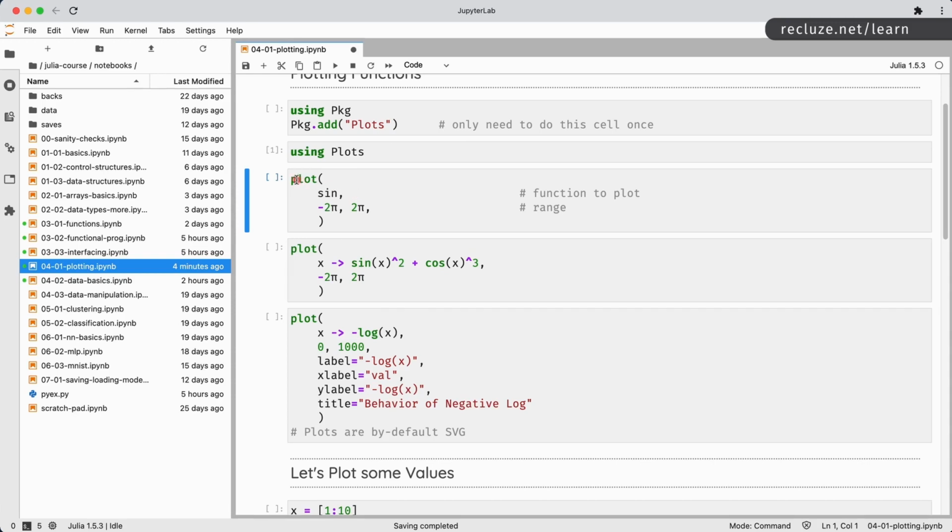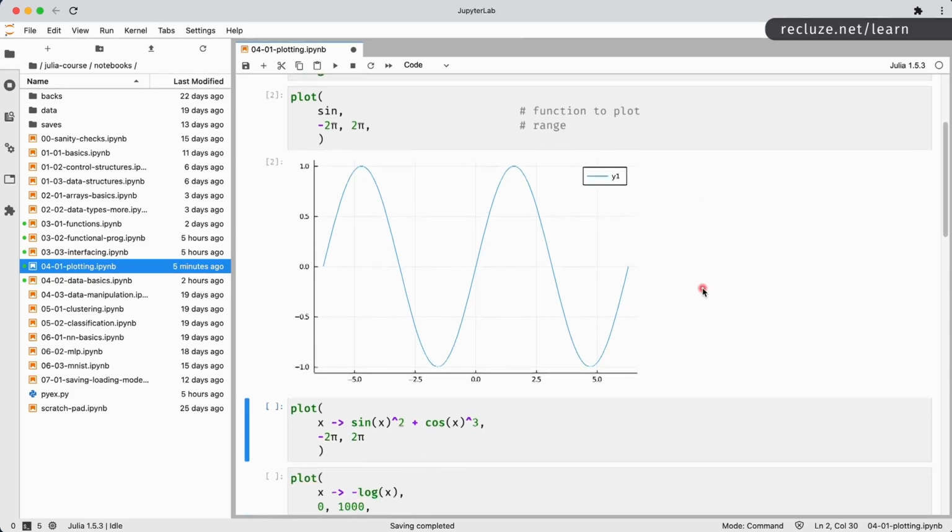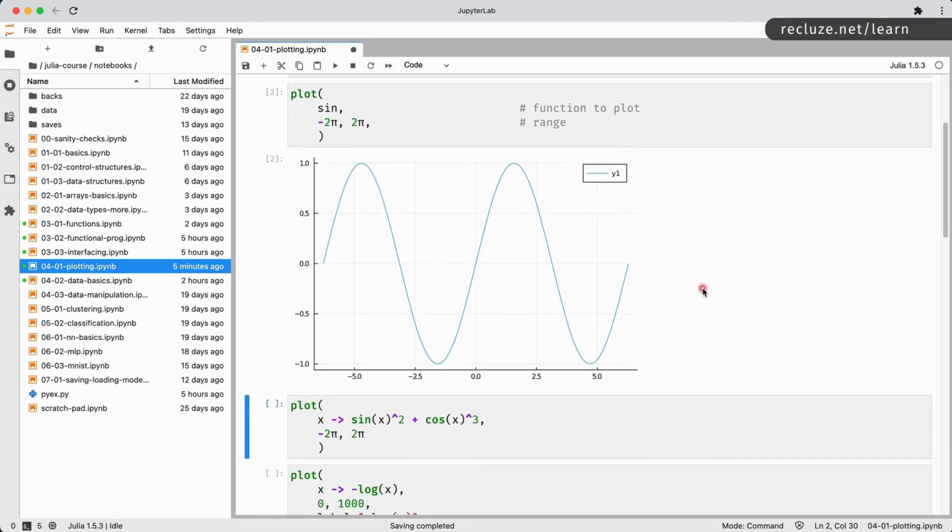So let's go ahead and do that. So you call the plot function. The first parameter is the function that should be plotted. And the second is the range on the x-axis from where it should start. So from -2 pi to 2 pi. So this is the range for which the plot is going to be created for us. So we run that and wait for it to do the pre-compilation and get everything ready. So this is going to take a couple of seconds, and then you see the plot. So as you can see, this looks really clean, very nice plot out of the box,